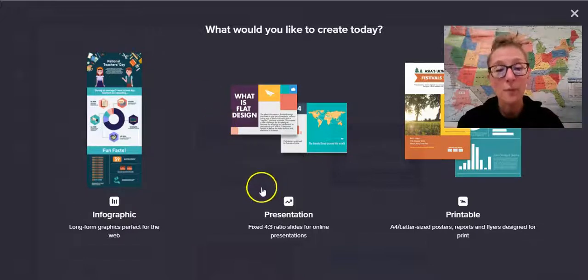However, there's also a presentation mode. So these make slides that you can do for online presentations. I haven't done it yet, but you'll probably import this into a Google slide presentation or PowerPoint. And then last but not least,